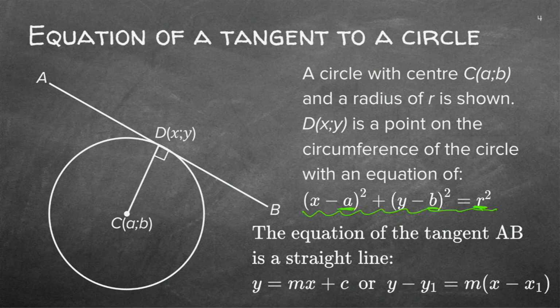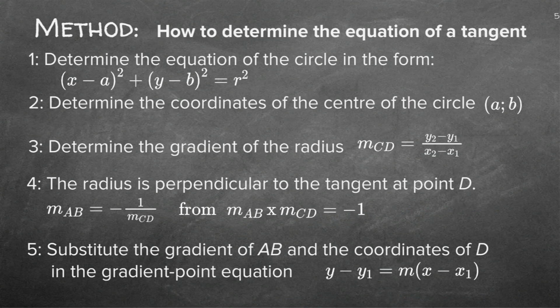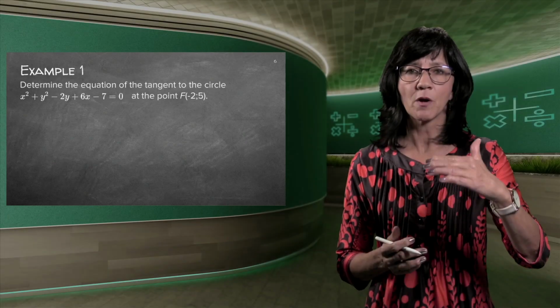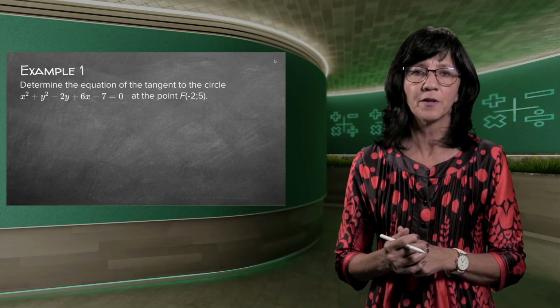Good. And then the straight line, which is the tangent. There are two formulae. This is the old one that you know. This is the other one. And as you can recall, I prefer the second formula because you write it down once and you fill in what you need and you've got your answer. But you can pick whichever one you like. Good. Now, if you look at all these steps, the method, it looks quite complicated and looks like a lot of stuff. So I'm not going to go through this. You can pause it at home and read through it slowly as I do the problem. I rather want you to concentrate on what we do. So I'm going to go through the steps one by one. There are 5 steps. I'm going to go through all 5 of them.